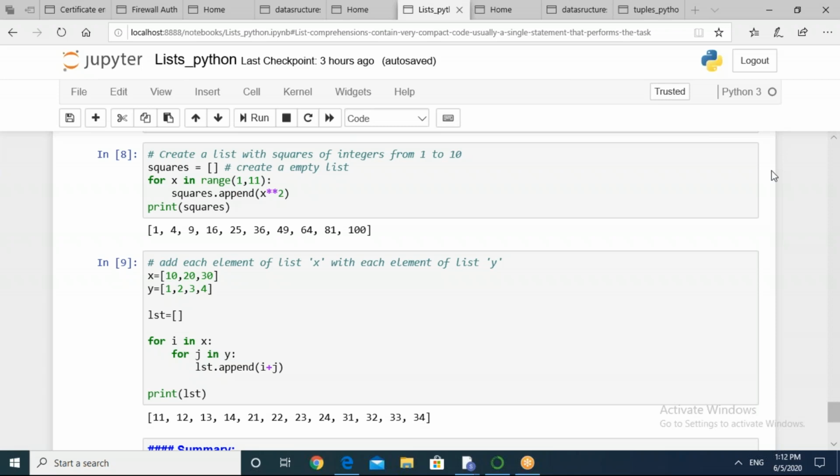So you can see in the output to tally your understanding. 11, 12, 13, 14, ये 10 में 1 plus 2, 3, 4 ये ऐड करने से आपका आ गया 11, 12, 13, 14. उसके बाद दूसरा आइटम लिया फर्स्ट लिस्ट से 20 एंड उसके अंदर हमने वाई लिस्ट के आइटम्स को ऐड कर दिया. फाइन. सो ये हो गया आपका 21, 22, 23, 24. फिर 30 लिया इसने, 31, 32, 33, 34. आई होप नाउ इट इज क्लियर टू ऑल ऑफ यू.